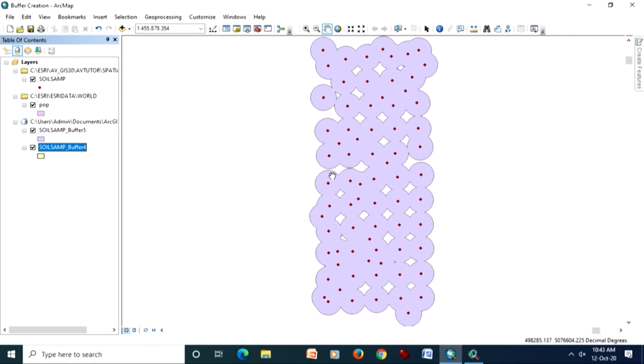By doing this, we will know immediately that there are gaps in that area where no mobile signals can reach. So such kind of analysis can be done involving buffers very easily.